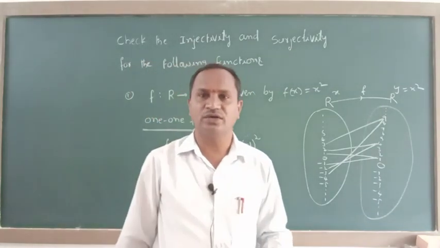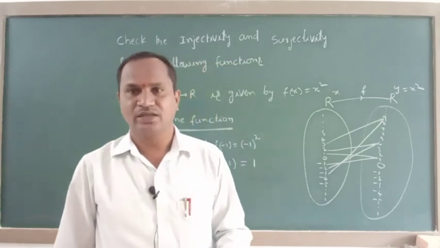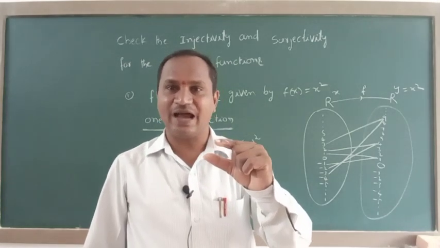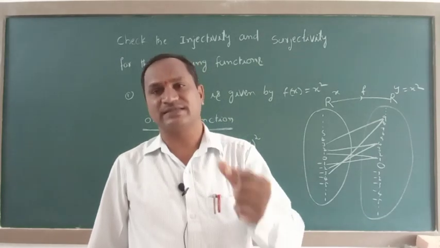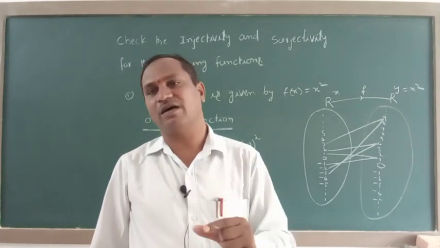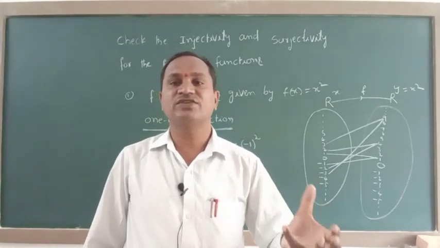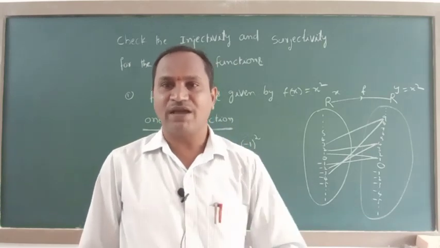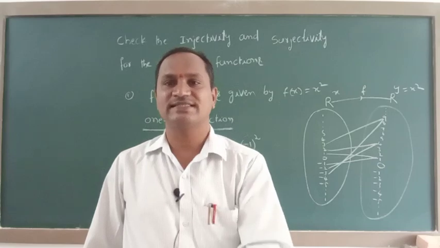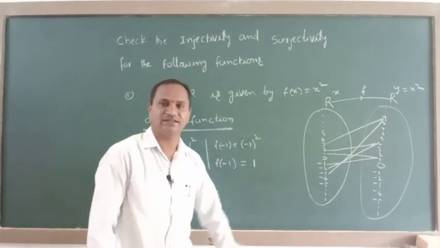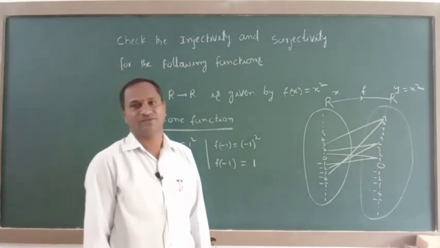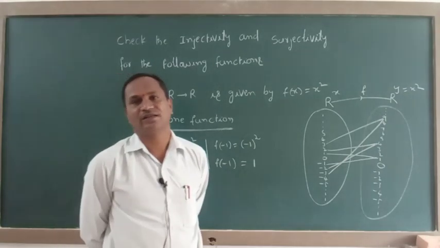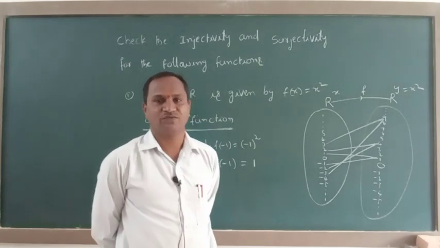But according to the definition of one-one function or injectivity, the distinct elements of domain capital R have different images in the codomain capital R, or simply we can say the different elements of domain capital R are associated with different elements of codomain capital R. Then f maps from R to R is said to be a one-one function or injective function. That is how we give the definition.